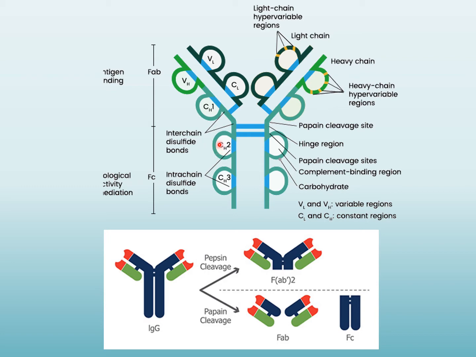But when you look at the Fc region, which is mainly composed of the constant region, this constant region is mainly conserved within the same class of antibodies, and the variable region may change from one antibody to another depending upon the type of antigen for which they are produced.